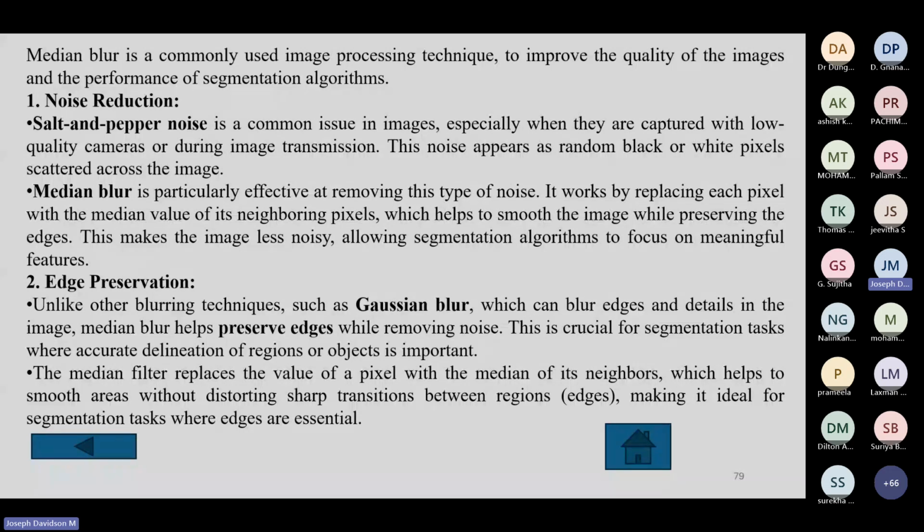And edge preservation: unlike other blurring techniques such as Gaussian and others, which can potentially blur the edges and other details also, median blur helps preserve edges. So this is one of the beautiful methods we can use to blur.